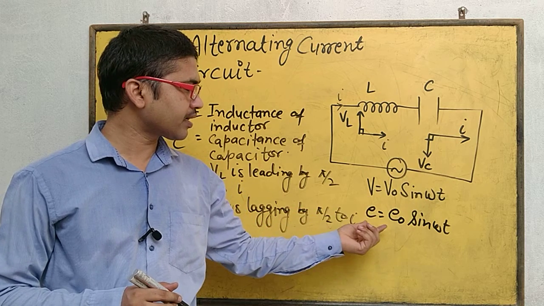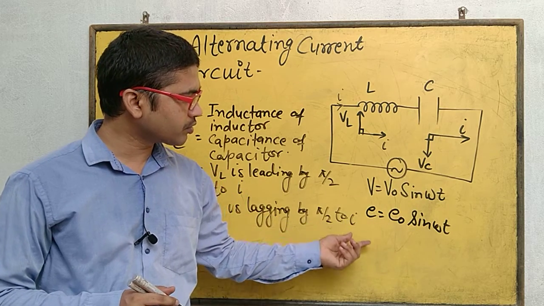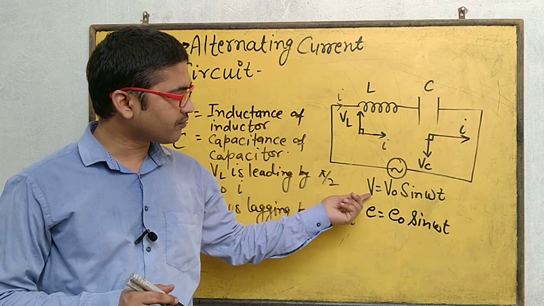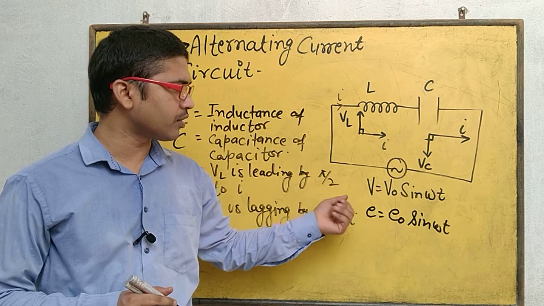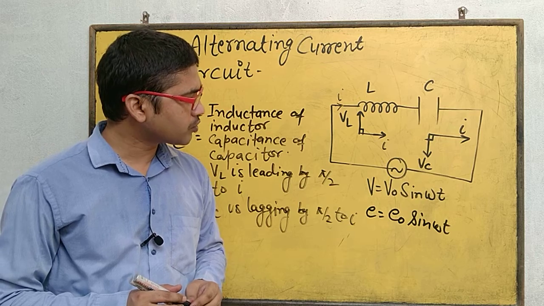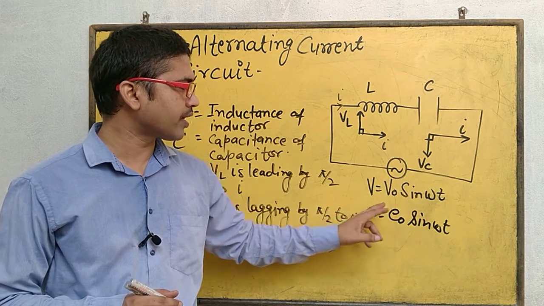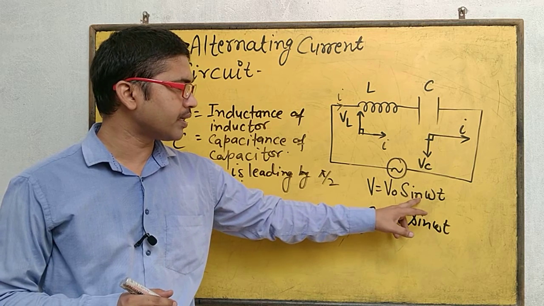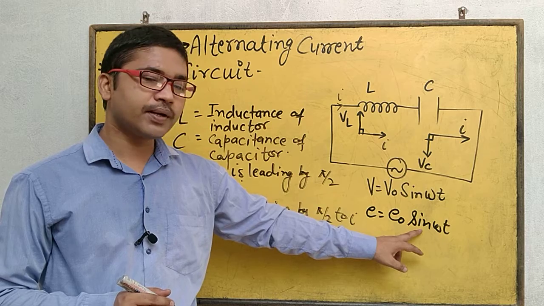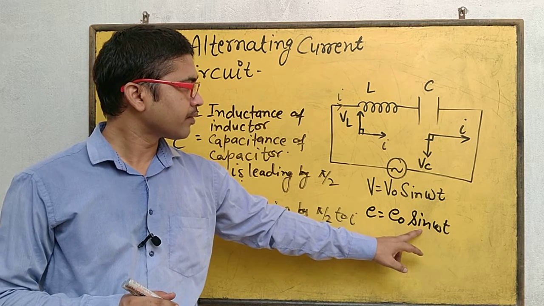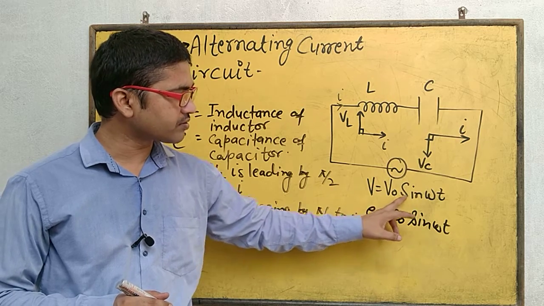Okay, you can take in form like E is equal to E naught sin omega t. In some books the equation is given in form of V, and in some books it is given in form of E. So you can use any one of them. You can also take cos in place of sin. So you can write V is equal to V naught cos omega t or E is equal to E naught cos omega t. It depends on your choice. But here in general we are taking the form V is equal to V naught sin omega t.